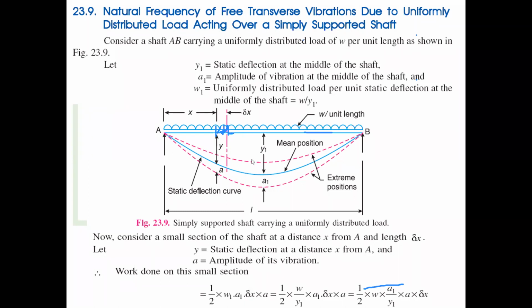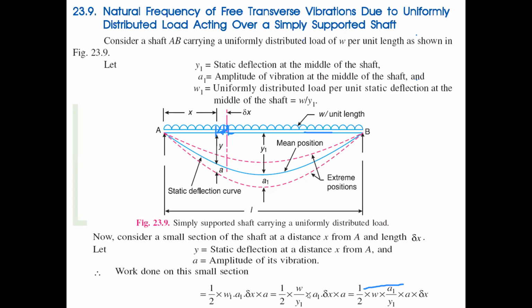That is when we take our load value, depending upon our length. So that is w1 a1 into delta x, multiplied with delta x. This is our force value into a, where a is our amplitude distance. Force into distance, how much distance is there? Their amplitude.